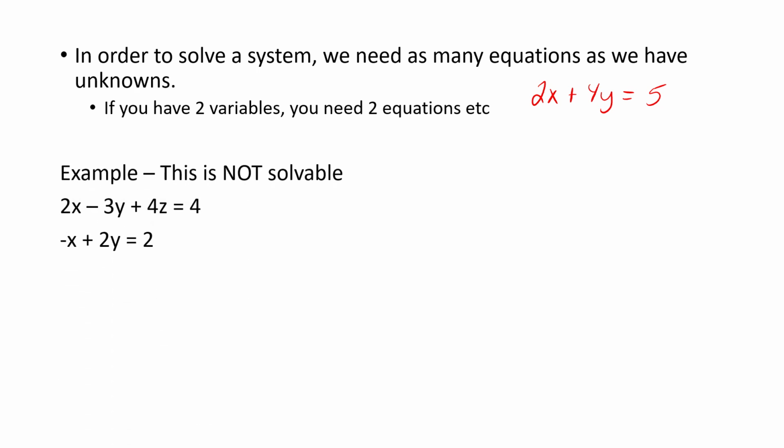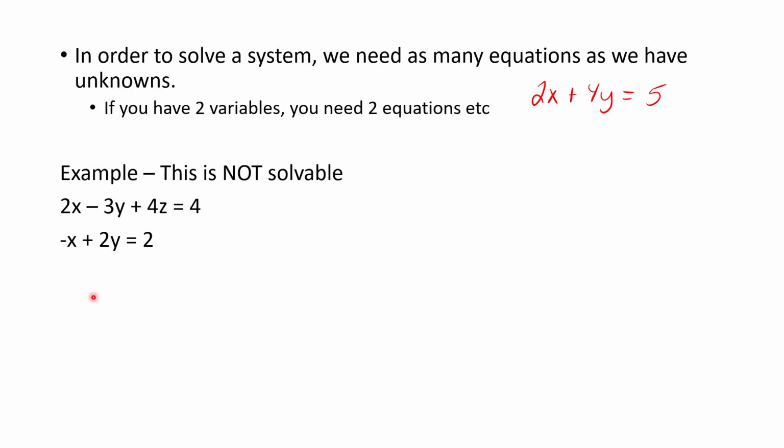So for example, this is not solvable right here. If we look at this, our first equation has an x, a y, and a z. So that establishes this as having three unknowns. Now the second equation only has an x and a y, which is fine. We mentioned on the previous slide that we don't need to have the z there, but I do need